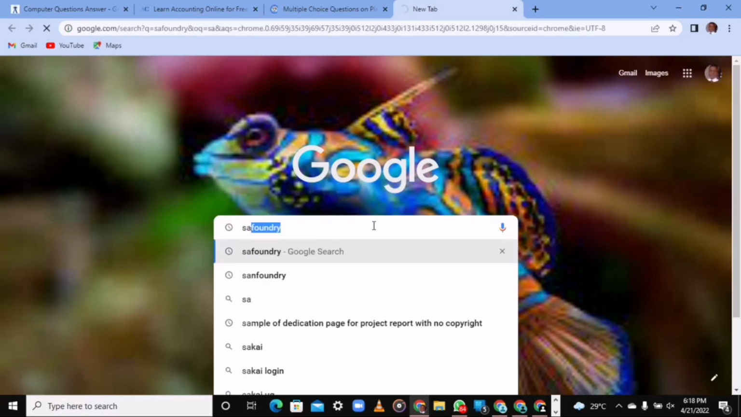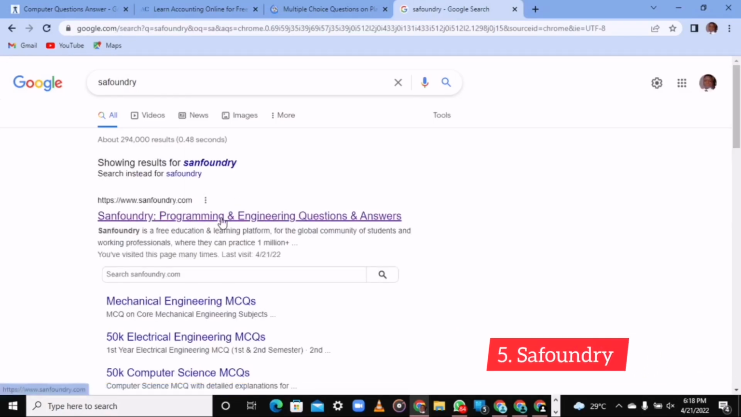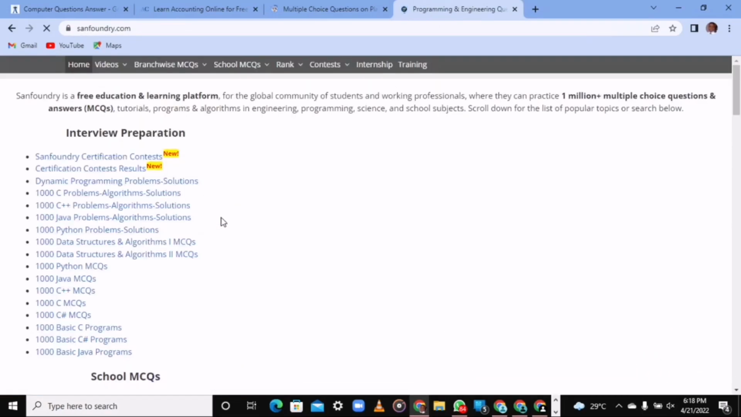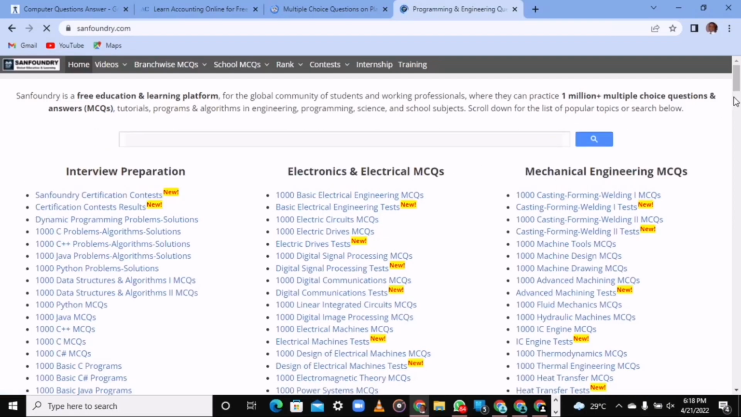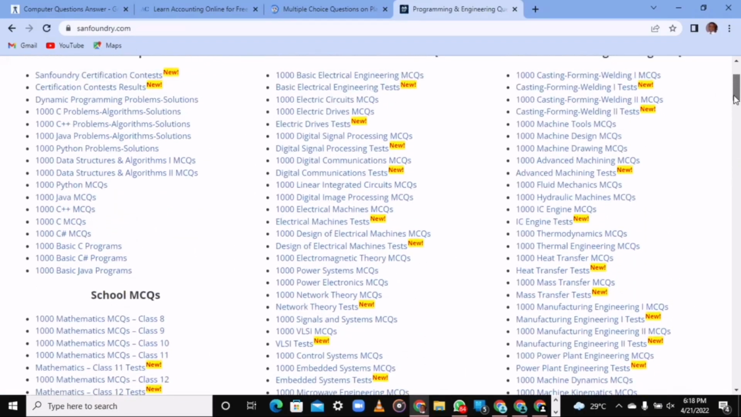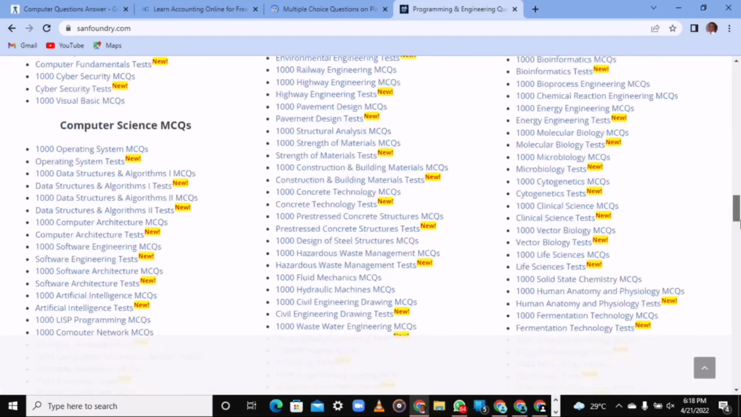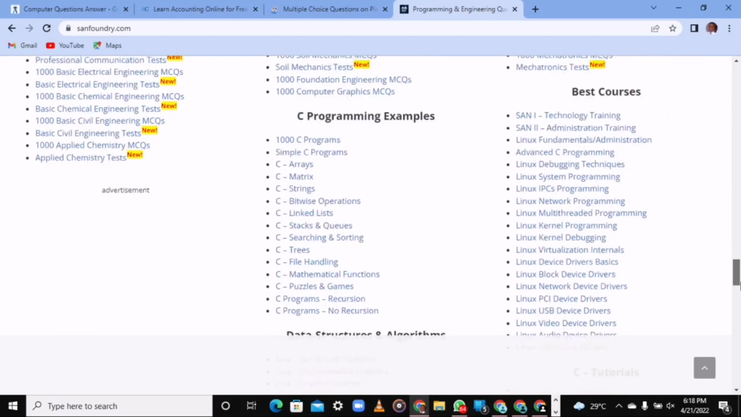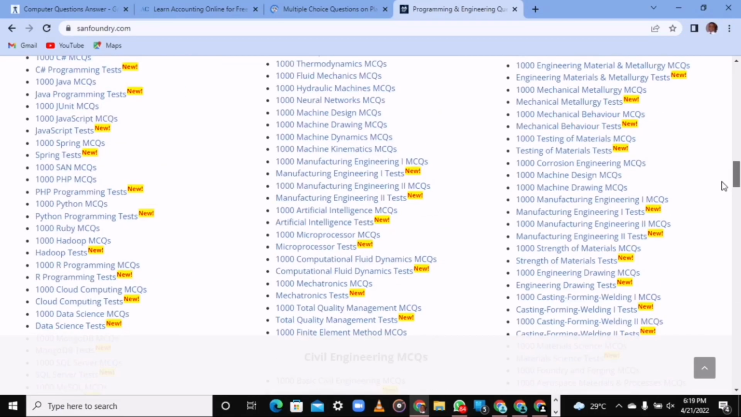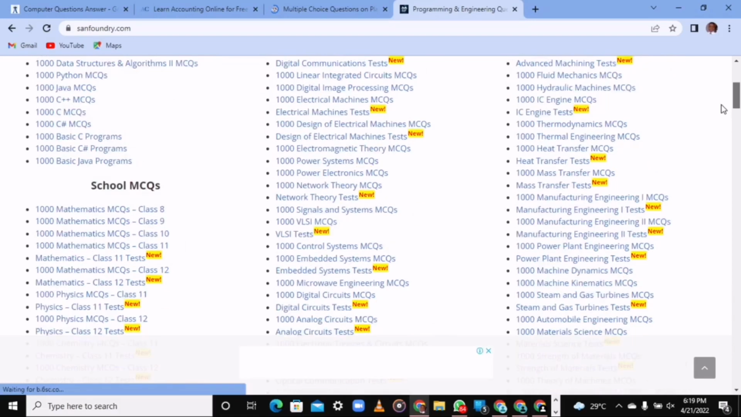So the last one is Sam Foundry. One amazing thing about Sam Foundry is that it covers all engineering topics, and not even only engineering courses, other courses too. You see, plenty of MCQs. You can get any MCQ you want based on the topic. Sam Foundry is one of the best. I always use this, and I urge you to use Sam Foundry most,